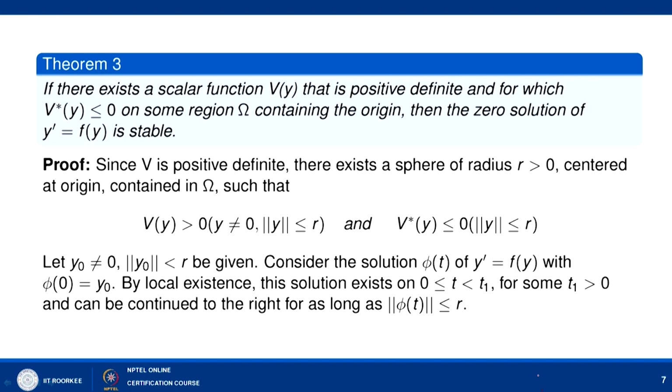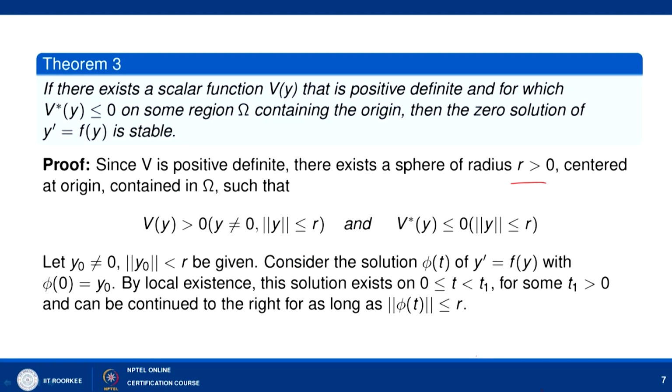So, basically it is what we are able to find out: a positive definite function whose derivative is negative semi-definite. Then we are saying that y' = f(y) has a 0 solution which is a stable solution. Okay. So, since V is positive definite, then there exists a sphere of radius r greater than 0 centered at